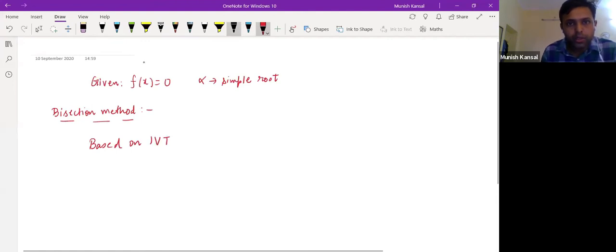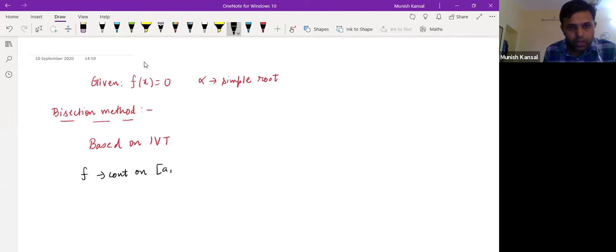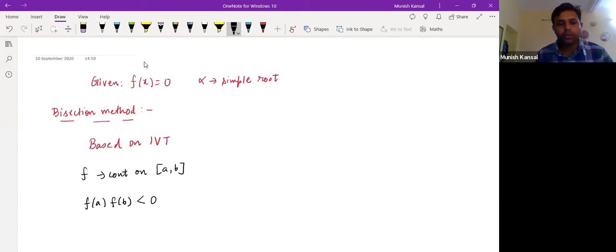Suppose f is continuous on the given interval a to b. Then we calculate f(a) and f(b). If f(a) times f(b) is less than 0, that means the function has opposite signs at the endpoints. Then IBT says that there exists at least one root,